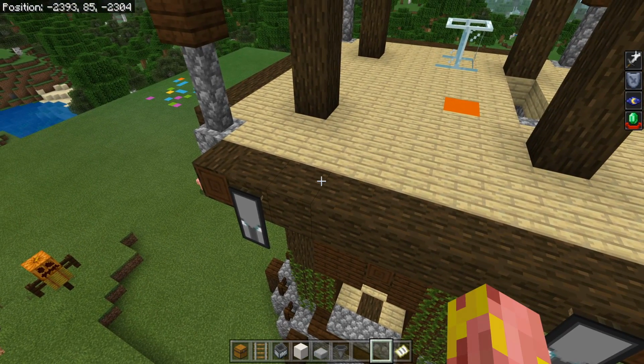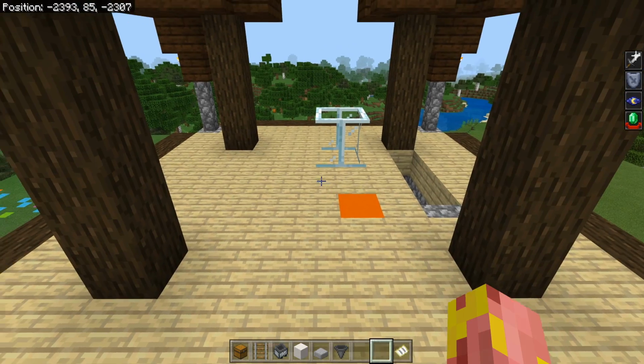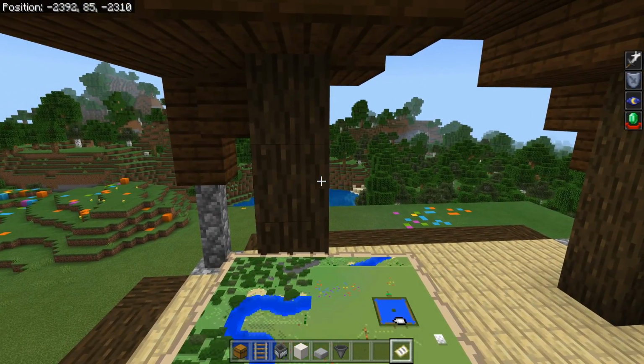The actual structure does not matter at all, and you can do whatever you want to it. The only thing that matters is the literal spawn spot where the pillagers spawn, so keep that in mind if you feel like it. So of course, we are still facing north, and this over here is west, and we're going to go ahead